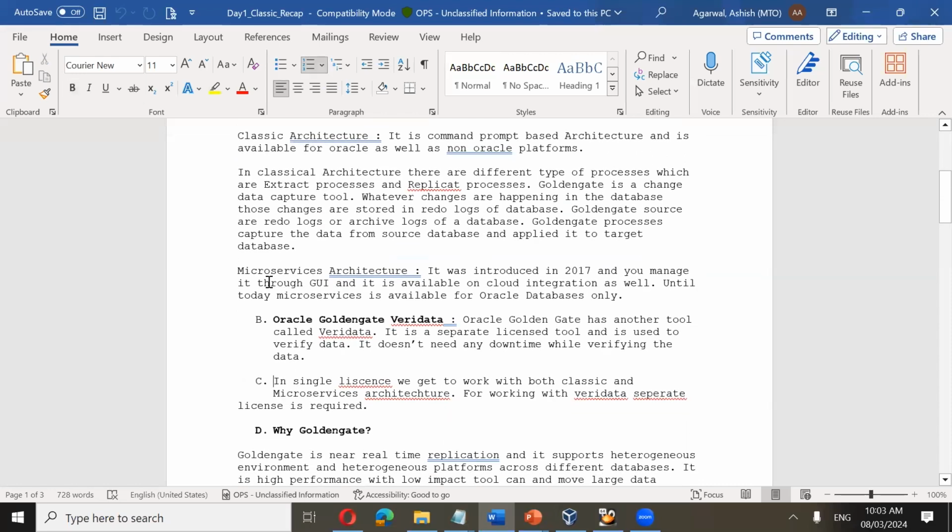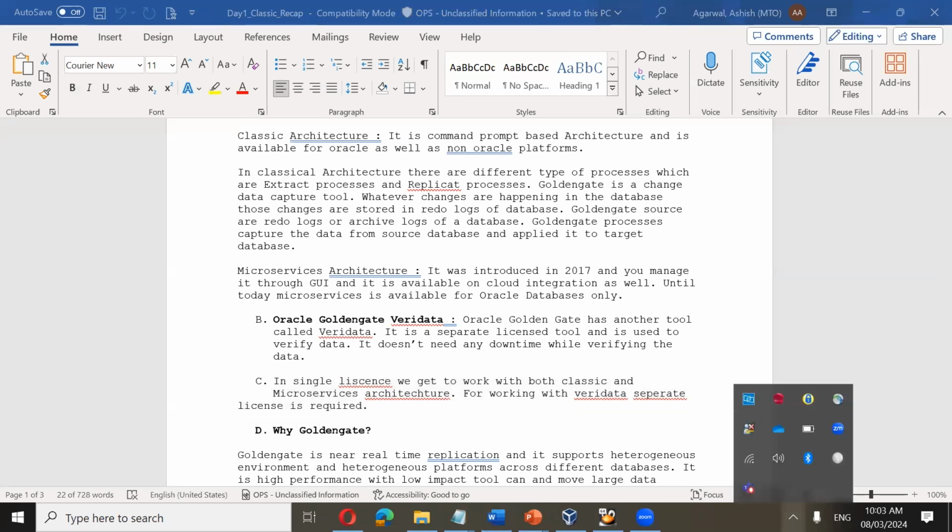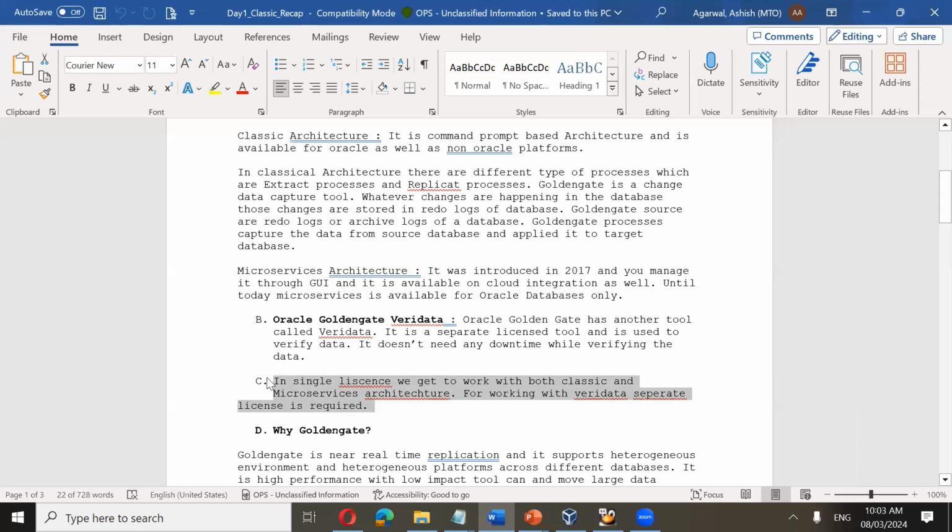Now, one thing guys is, as per my discussion with Oracle related to licensing part, I'm telling you, if there is any contradictory sentence between Oracle and me, say for example, tomorrow Oracle says that this is a contradictory statement, what Ashish you said related to license, because the product is owned by Oracle, that's fine. So if there is any contradiction, in that case, Oracle statement will take precedence or will hold more value than mine. So you have to consider Oracle sentence, whatever Oracle says.